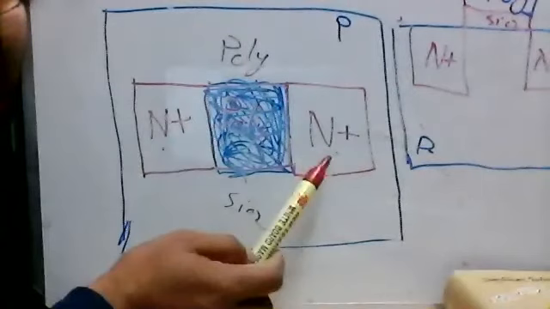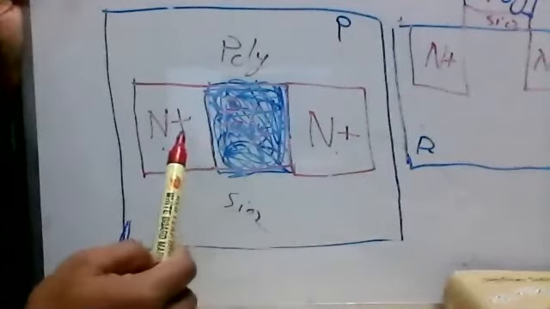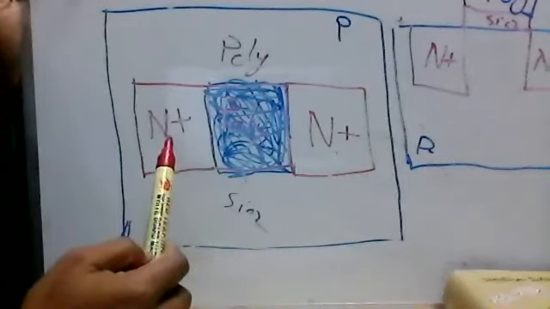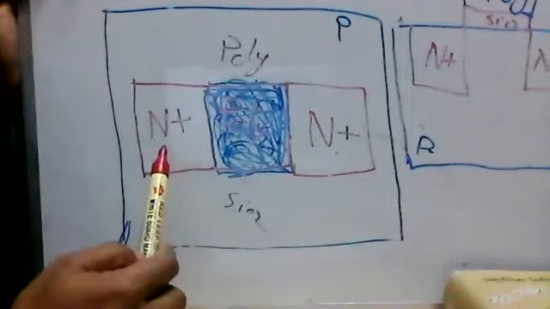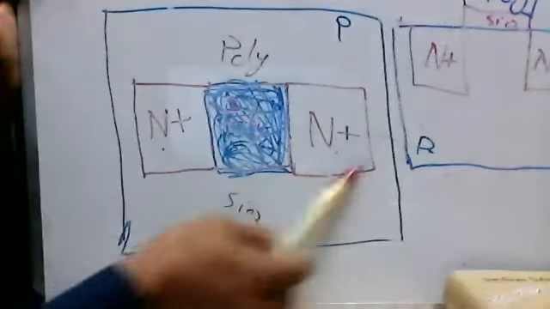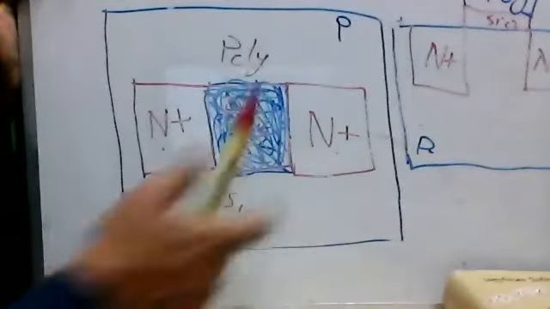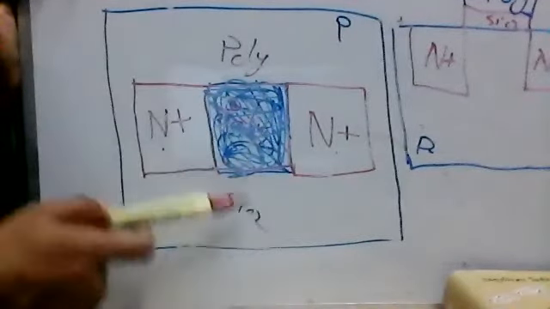Two square or rectangular areas will be diffused with N-type material like phosphorus or arsenic, and then we use a high concentration of those negative ions, and then these two areas turn into N plus, N plus, and between those two N plus areas, we apply the silicon dioxide